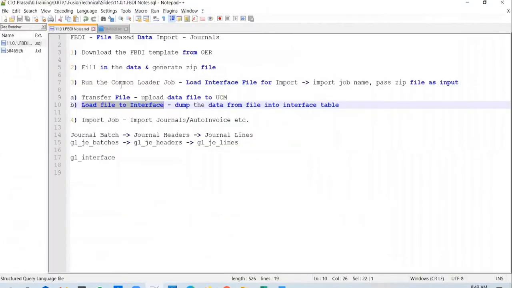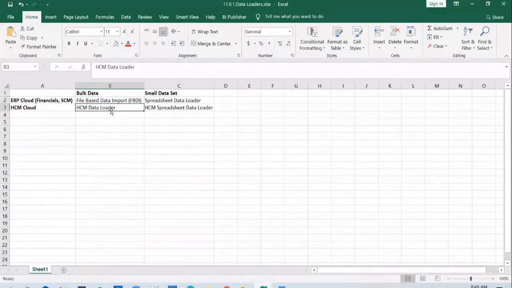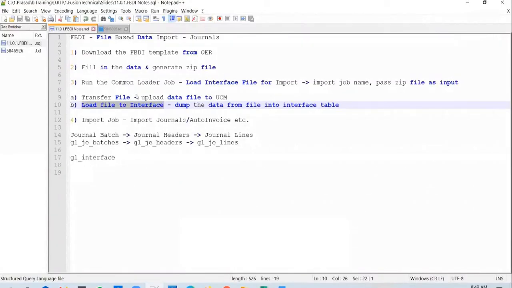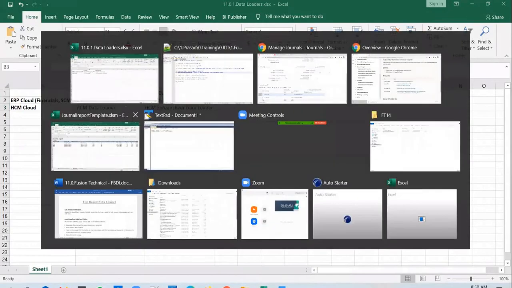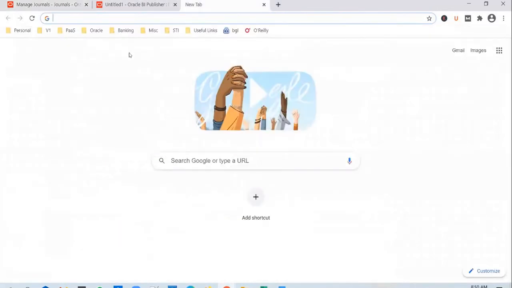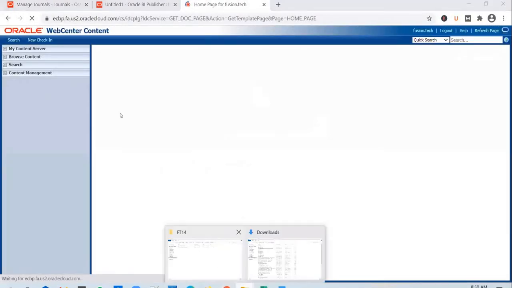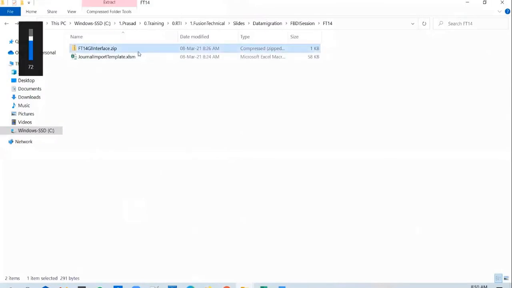To answer your question, in HCM data loader, we can decide whether we want to retain it or purge it. And by default, on the content server, there is a default purge that happens once in 3 months, I believe. But let's check if the file is still there. Let's search for the exact file name.